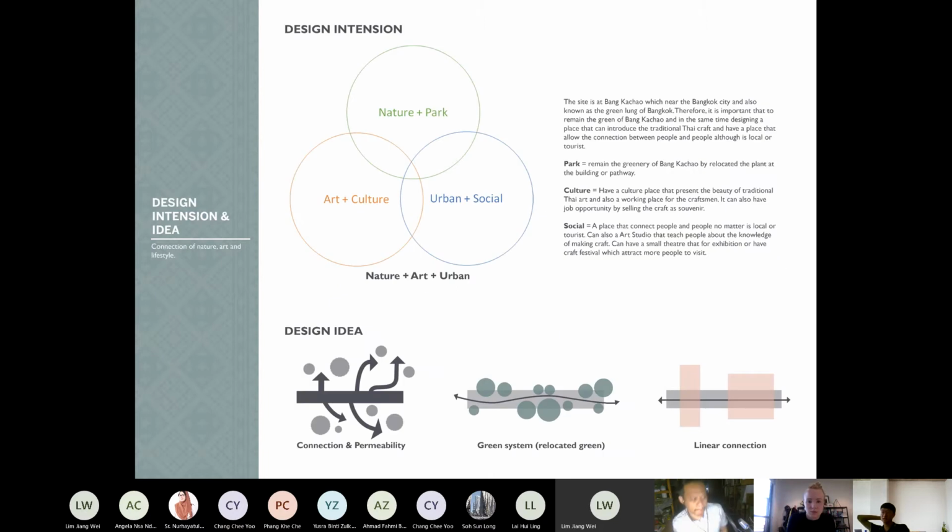So this is the design intention, which is that I would like to combine nature together with art and the urban. Below is the design idea, where the form of the building shows connection and permeability, and the green system will relocate the trees, with a linear connection.